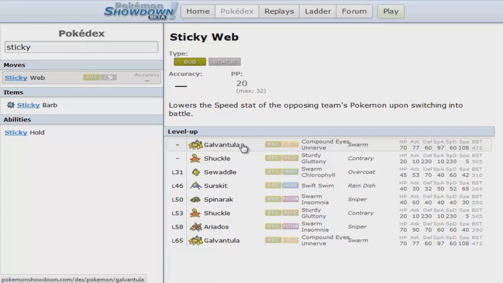Like, you bring a standard team, it has a couple of walls, then a couple of sweepers, and those sweepers will be useless for the rest of the game if you don't bring a Defog supporter or a Rapid Spinner to get rid of the Sticky Web. You're always in that sticky situation if you don't bring a supporter to get rid of